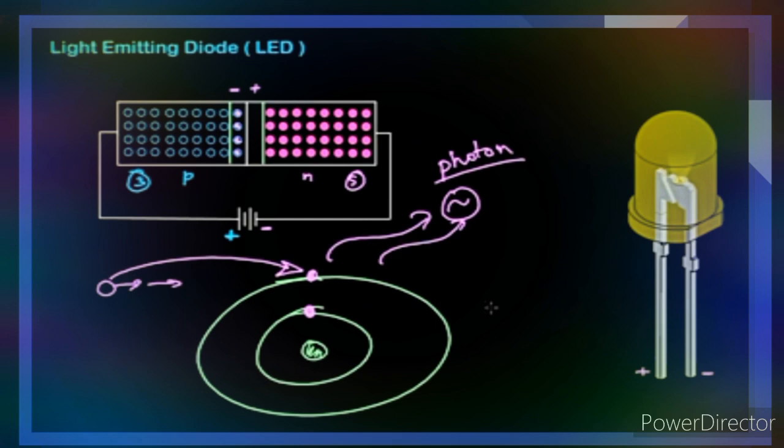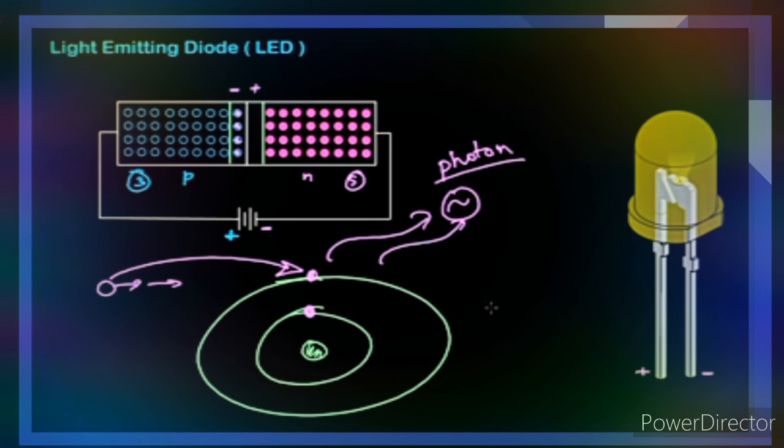Depletion layer or region. The depletion region is a region present between the P-type and N-type semiconductor where no mobile charge carriers, free electrons and holes, are present. This region acts as a barrier to the electrical current. It opposes the flow of electrons from the N-type semiconductor and the flow of holes from the P-type semiconductor.